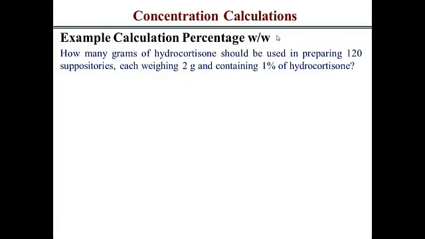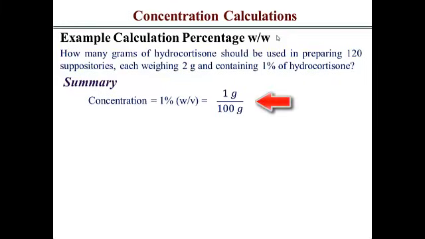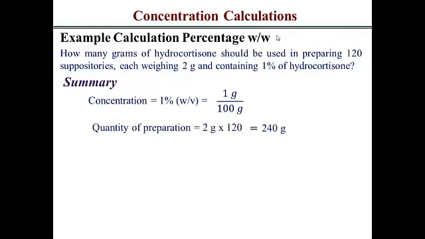for your computation? Right. First of all, we have percentage. We have our concentration, which is given us as 1%, and it should actually be weight by weight. So that's weight by weight instead of weight by volume. So you have 1 gram in 100 grams. Okay, it's actually 1% weight by weight. Please pay attention to that. And the quantity of our preparation is 2 grams for each suppository. And because we have 120 of those suppositories, we need to multiply the 2 grams by 120, and that gives